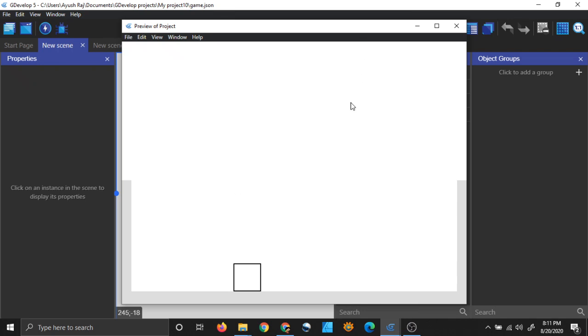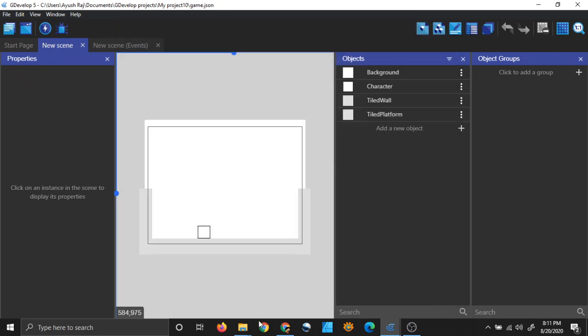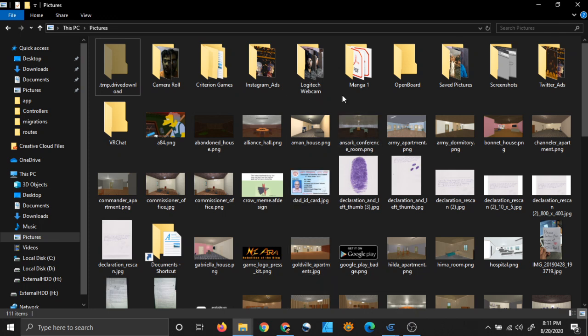So I have this little platform character, and now I will press the button P to take a screenshot. I have pressed it. Now let's see if something has changed in my file system.